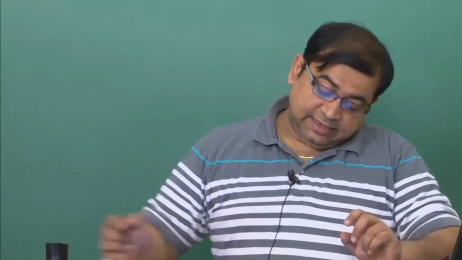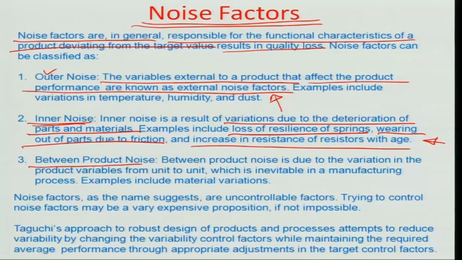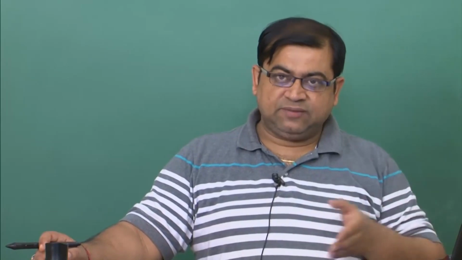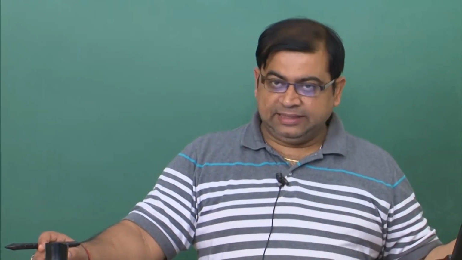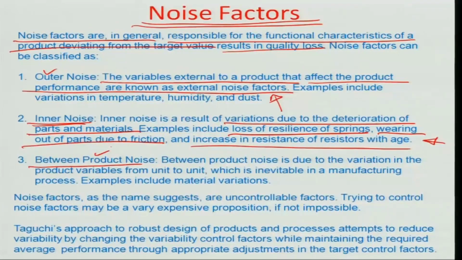And then obviously there are noises between the products where there is a huge variation between two different products of the same category in terms of their material characteristics, in terms of their manufacturability. It is basically material variability, etc. So when you are having a production line or a manufacturing unit which is producing many products, there is obviously going to be some variability between item 1 and item 2 of the same manufacturing process. So that's called the between product noise,